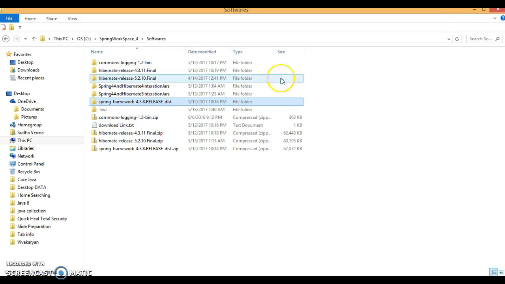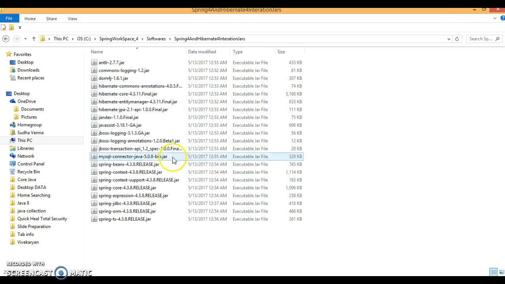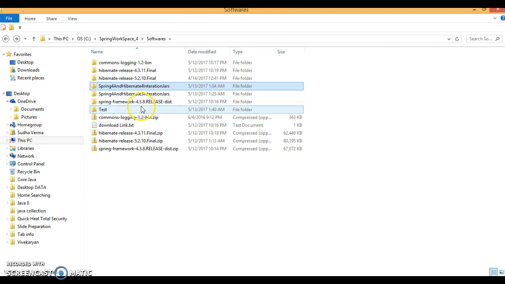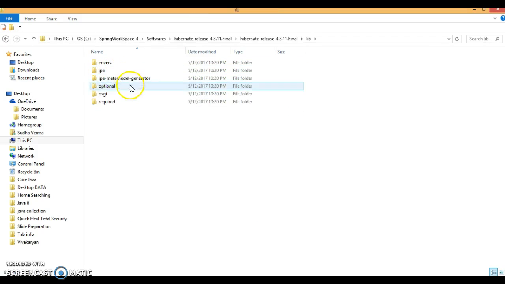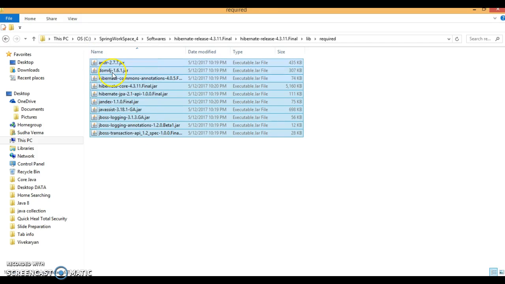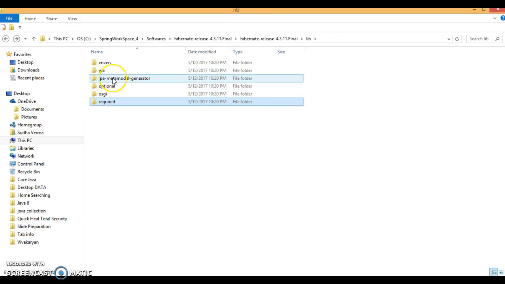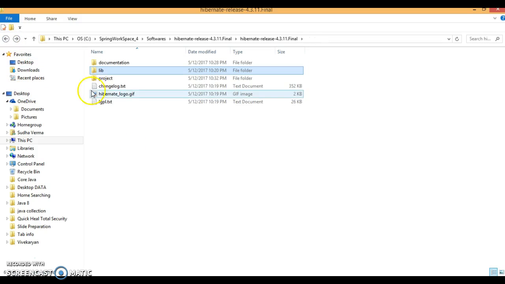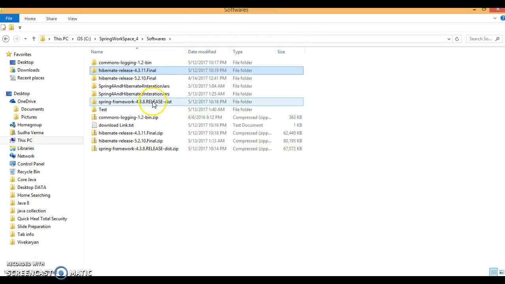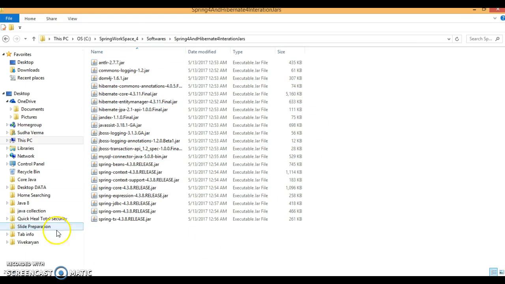I have already extracted all the required jars from Hibernate 4.3.11: the jars required inside these folders, as well as the jars for JPA. From Spring I have also extracted the required jars. I did some homework so that we can save some time while making this video.